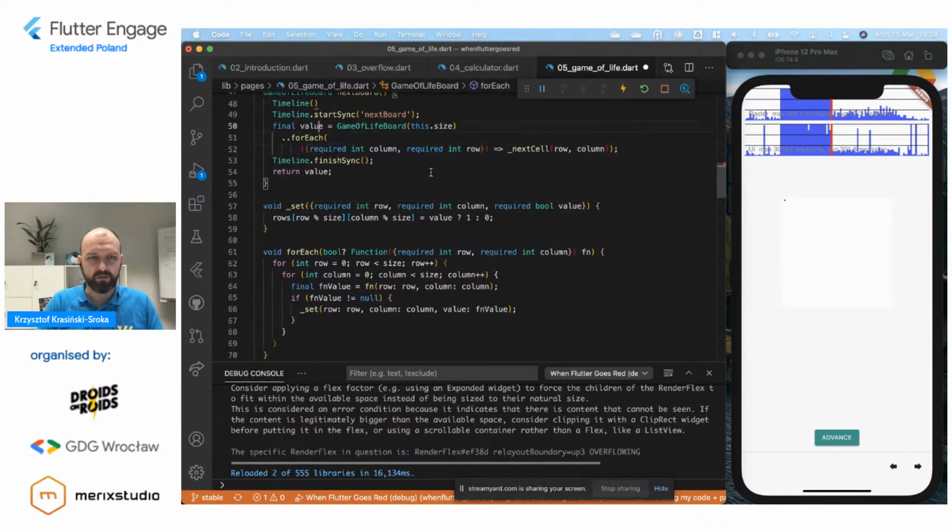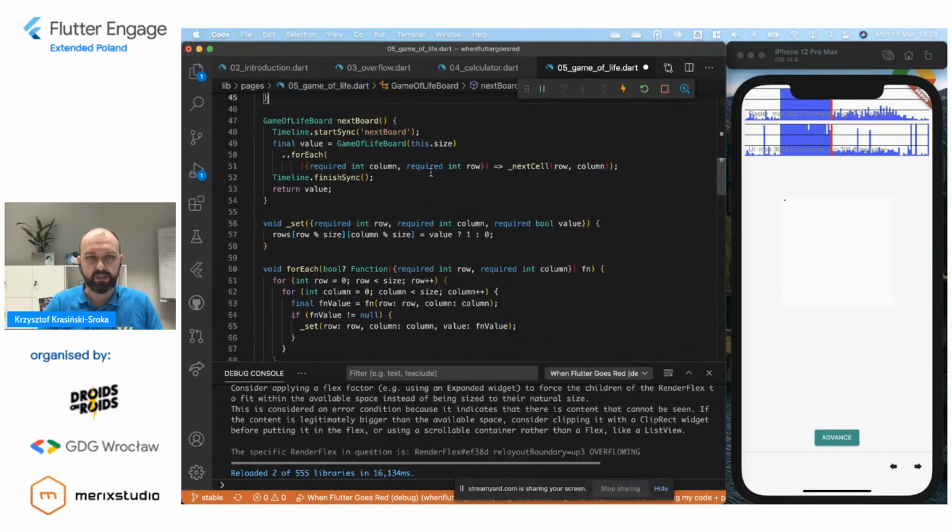Timeline can also be used to measure asynchronous function calls. I actually should have prepared this better, but yeah. And asynchronous calls, of course, don't take a lot of time themselves.